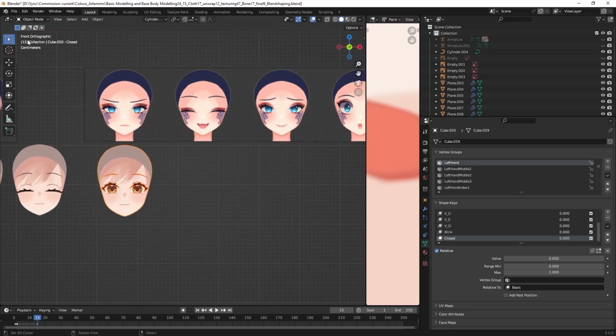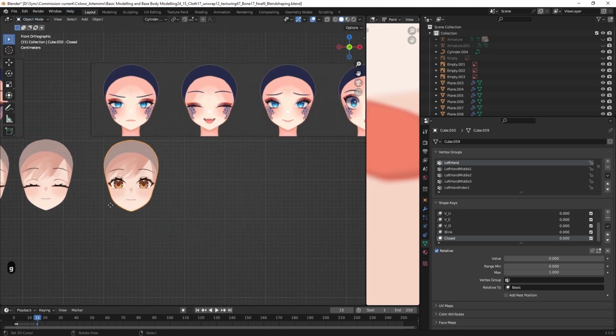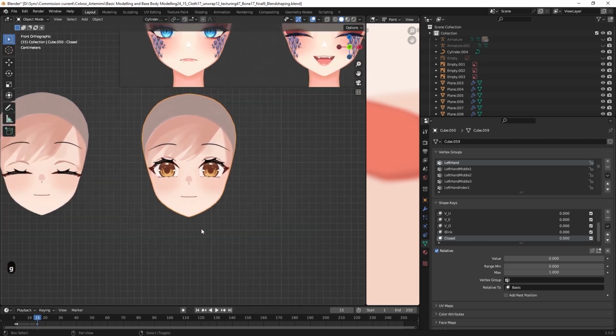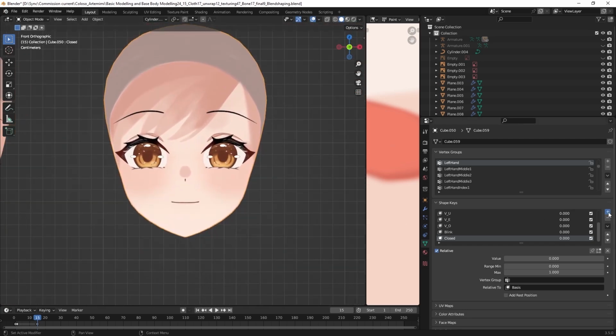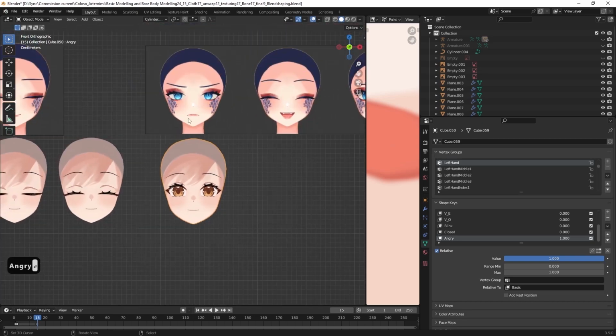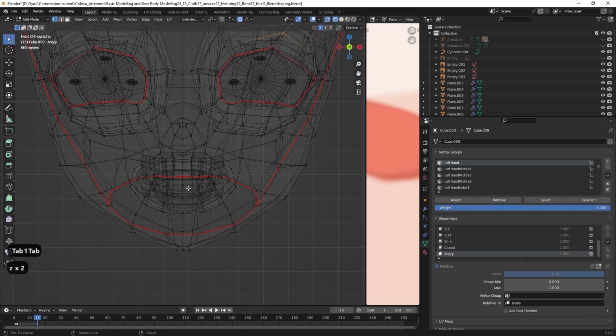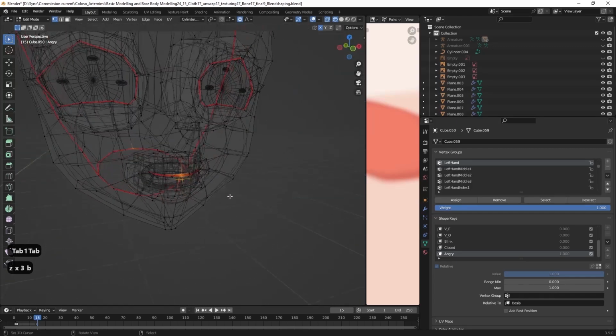So first, we're gonna select our head here, and then we're gonna mark the mouth first. We're going to create a new blend shape, give it the name angry, value 1, and then we will make it go up here.